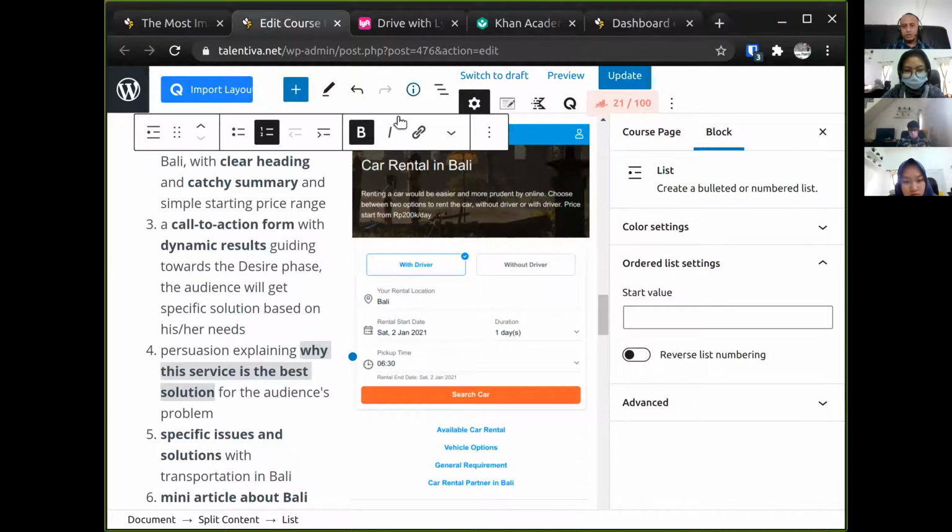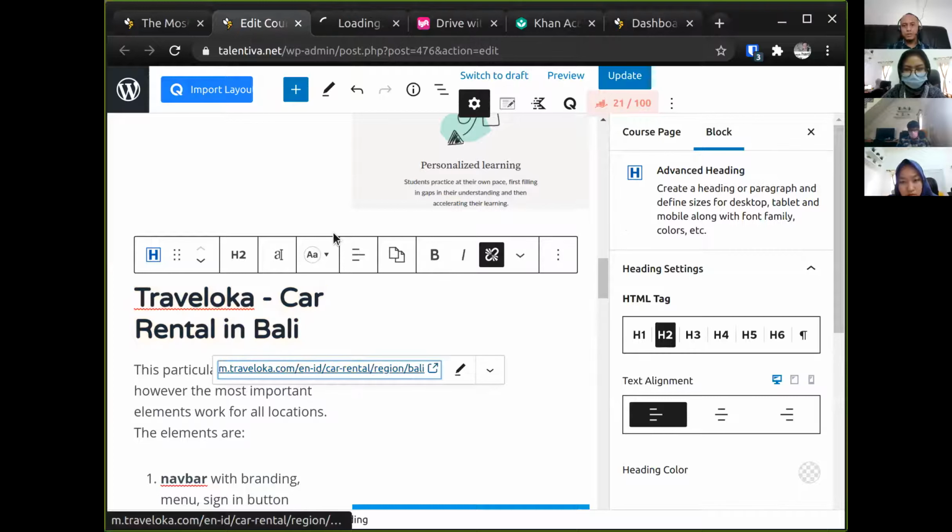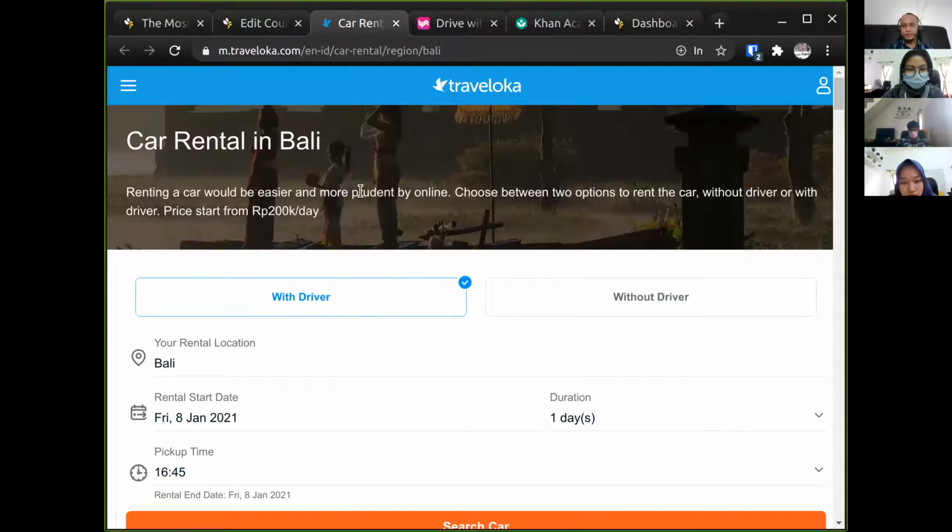And the rest for Traveloka is quite very, very detailed. Yeah, I would say this is a 5-star landing page for me because if you can see, other than the navbar and the